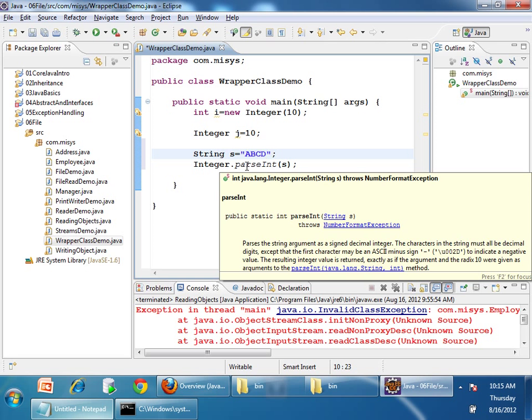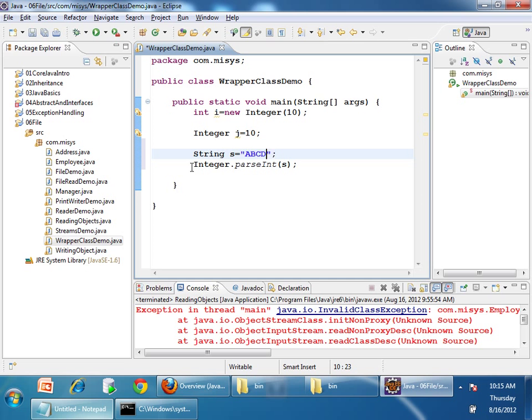Unicode. Unicode of a character, right? Unicode of a character. Integer dot